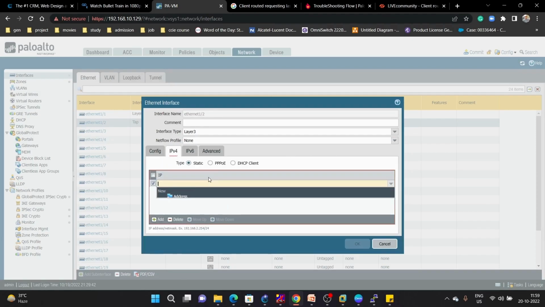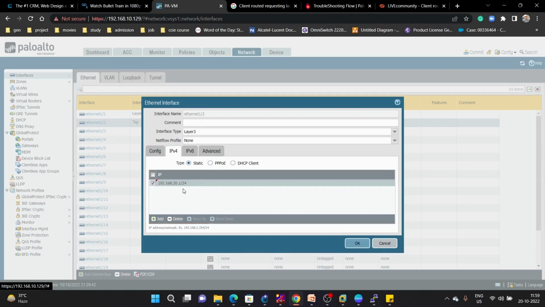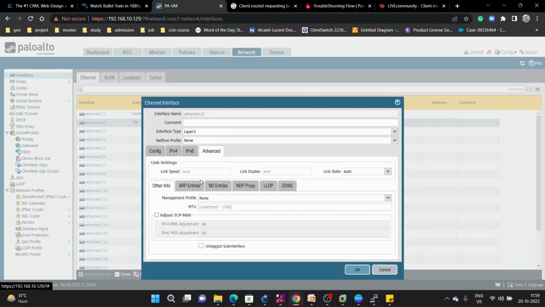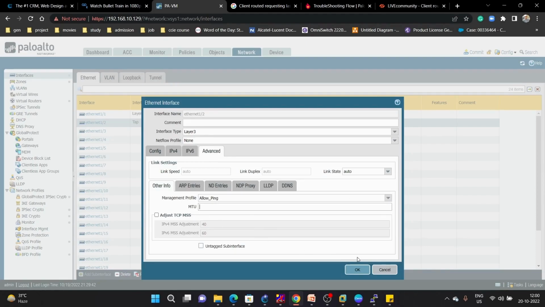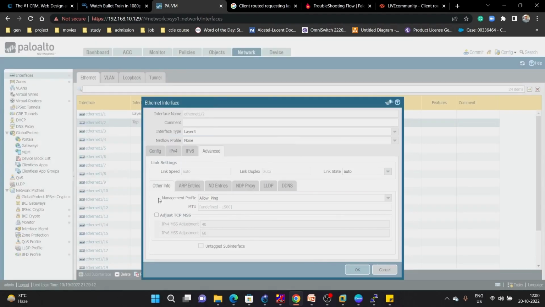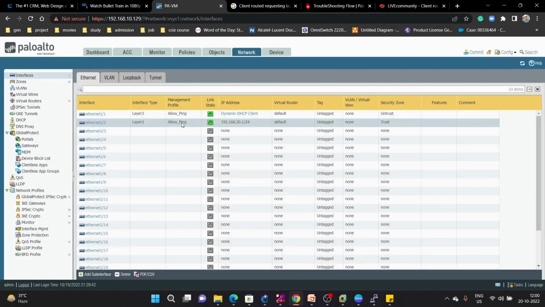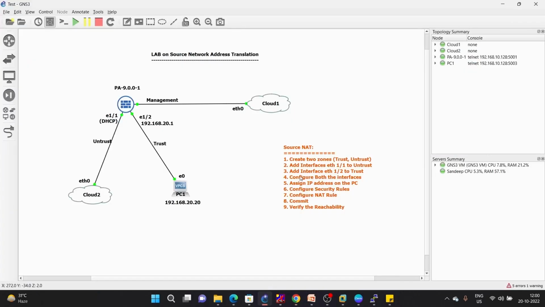And here we are going to give the IP address 192.168.20.1/24, and we will add a management profile so we can ping, allow ping. Trust, untrust. And next